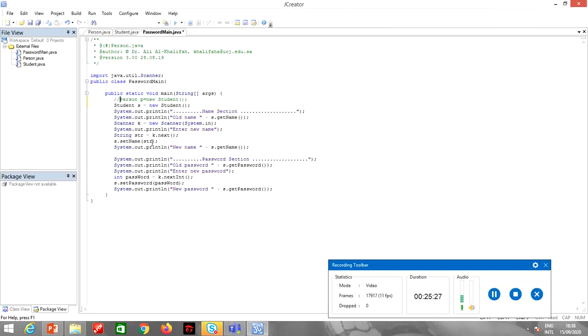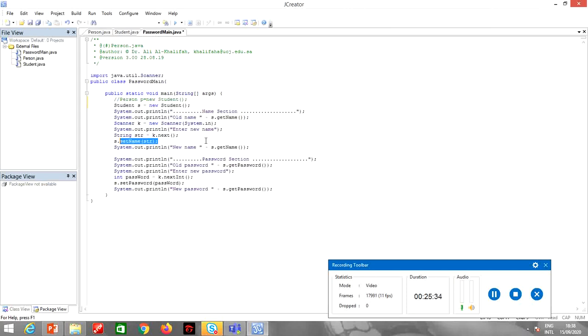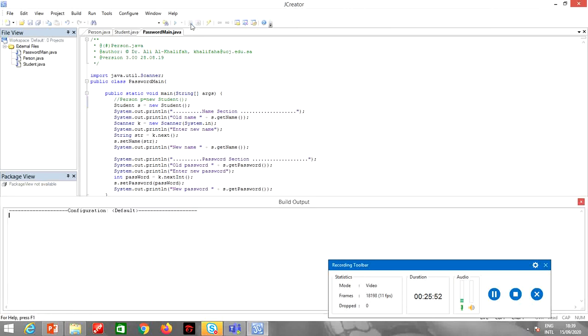So for taking the new name, we will call the set name method from the person class, and then we are printing the new name. Now same thing is for the password. Since we do not have any password assigned in the beginning, default value for the integer is 0. We are taking the new password from the user, and then we are calling the set password method and the get password method. So let's see how it works.